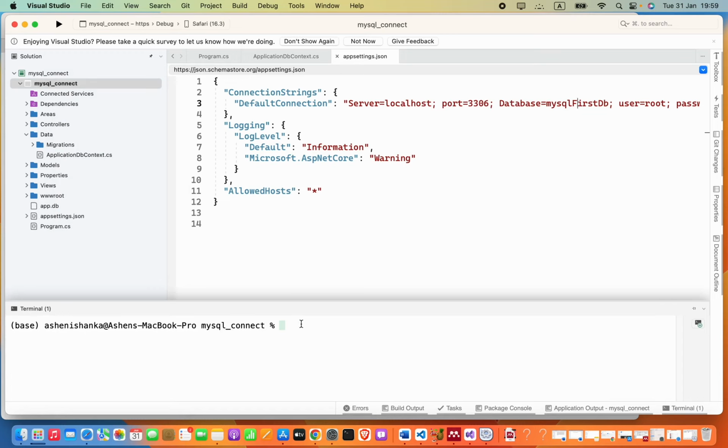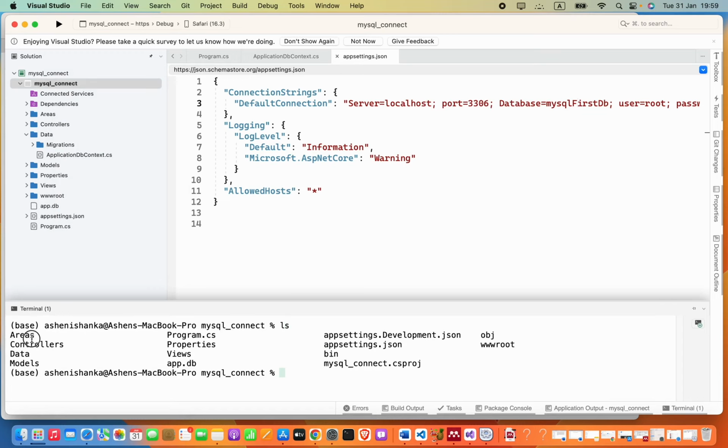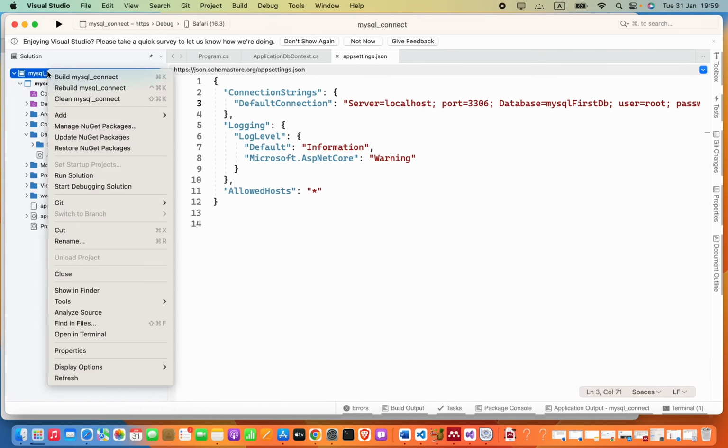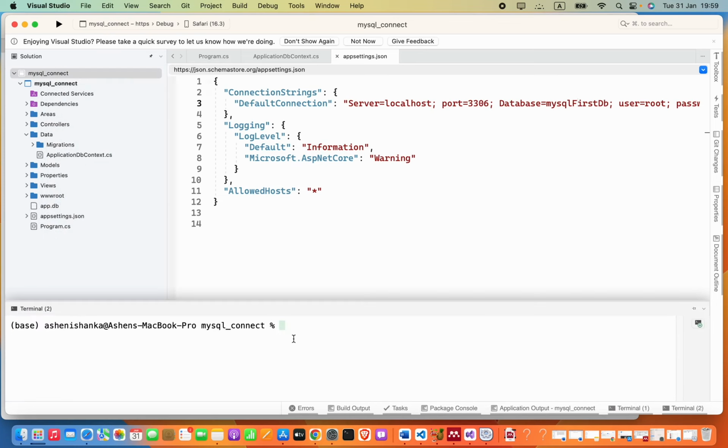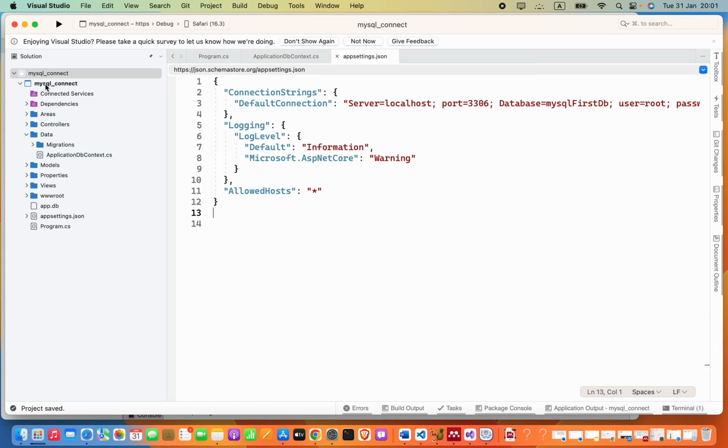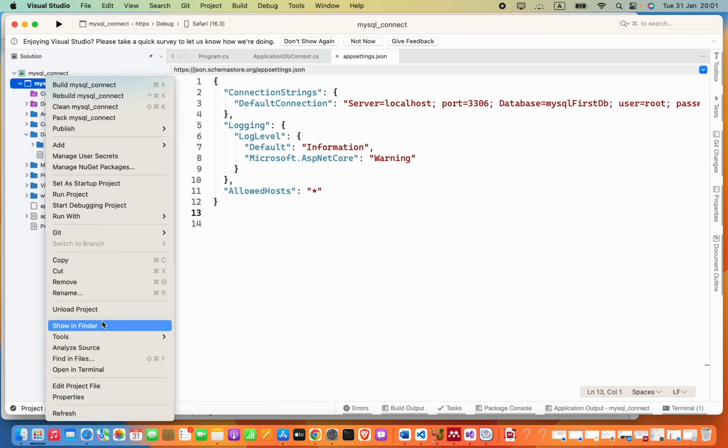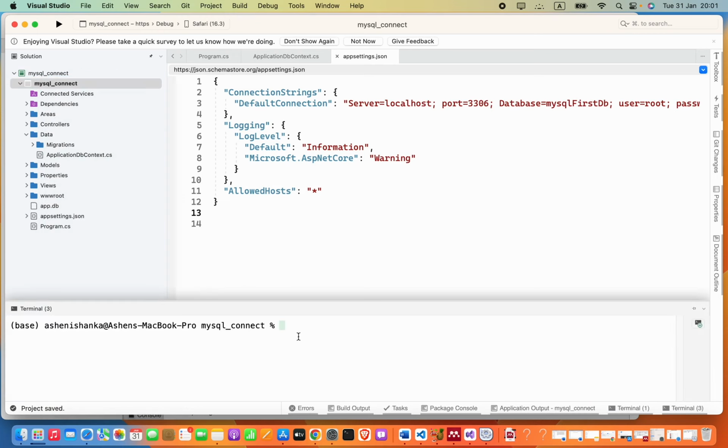Here press ls, so you can see you are in the current project. Accidentally, if you select this area and then open in terminal, if you press that, you will not see many folders and files. So you have to navigate into this folder, your project folder. Let me open my terminal again. Select your project and then right click, click open in terminal, and then here I'm going to say dotnet